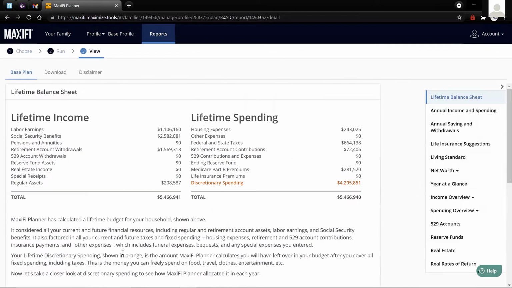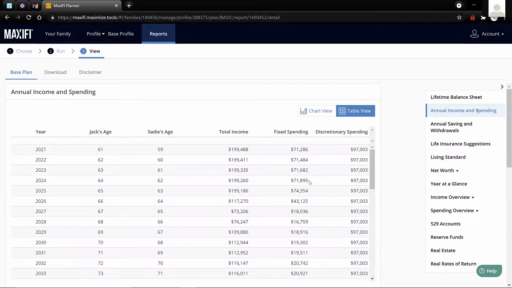I'm probably the only one that remembers what the discretionary spending is, but it's $97,003, which is right here. So what I pointed out last week is this is where we go to first, especially when we're first starting building our plan, because we want to see what our annual discretionary spending number is. This is the amount that we're using to evaluate one plan against another. This is the concrete way that we judge whether one plan is better than another. And so the first question we always want to make sure we're really comfortable with is explaining to ourselves what that